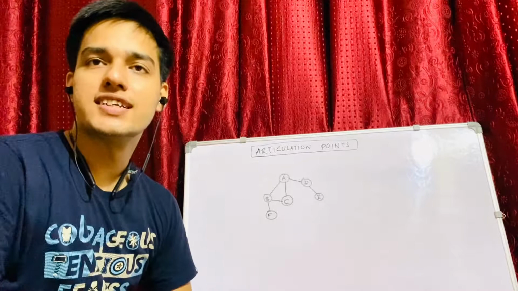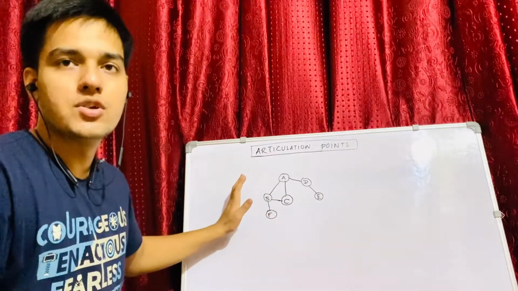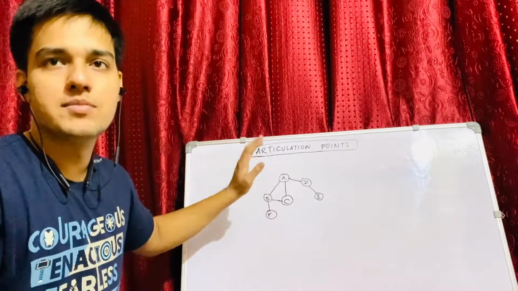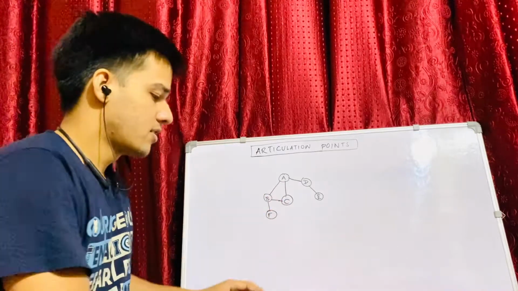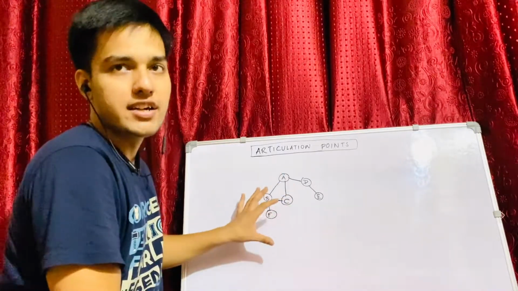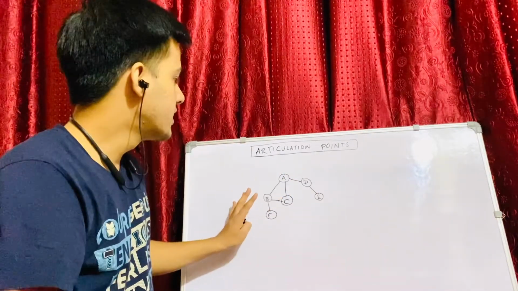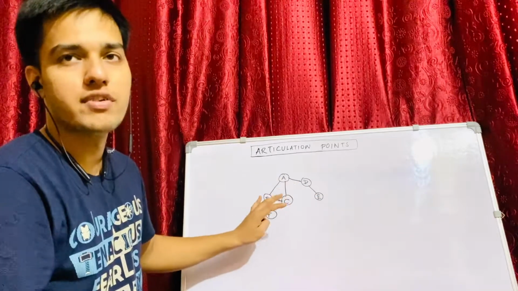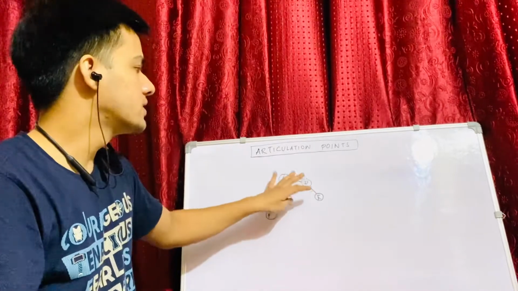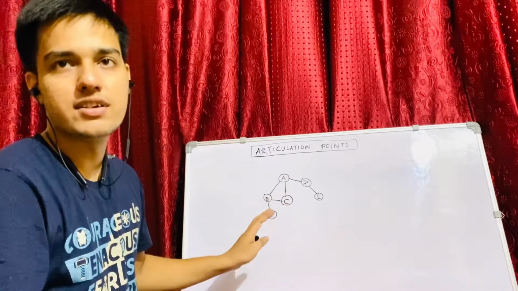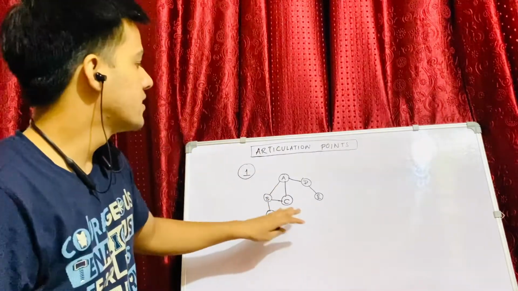Now that we have an understanding of what articulation points are, the basic approach that might come to your mind is to do the same thing that we did earlier, which was to remove each and every node from the network. Let's suppose initially you did a DFS and found out how many connected components there are. If you do a DFS on this network, you will find that there is only one connected component, because each and every node is reachable from every node in the network. So initially there is one connected component in this graph.